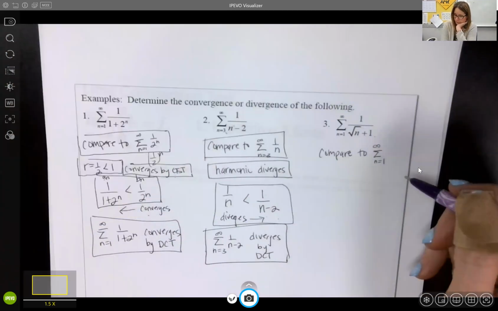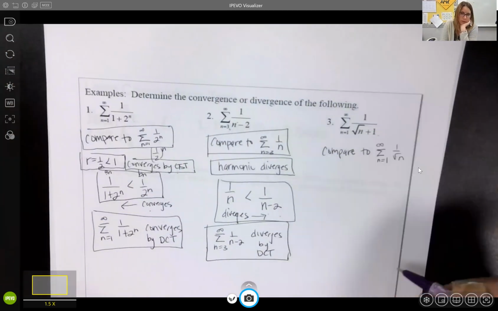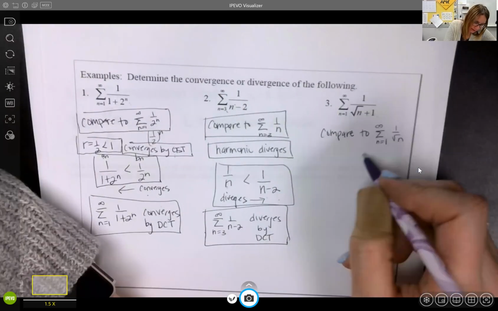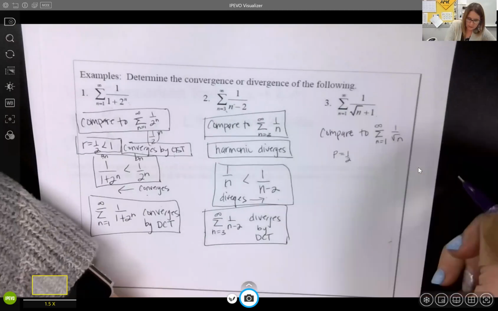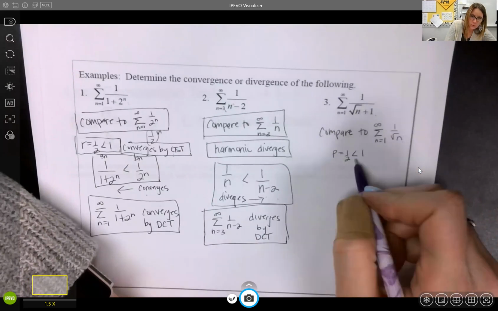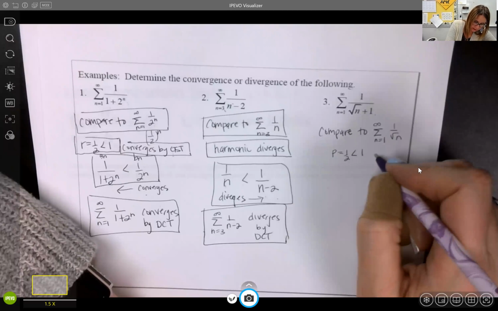So right off, you might be thinking 1 over root n. Okay, so if I do 1 over root n, then p equals a half, right? And when we do a half, it's less than 1. And so when it's less than 1 on a PST, then it diverges